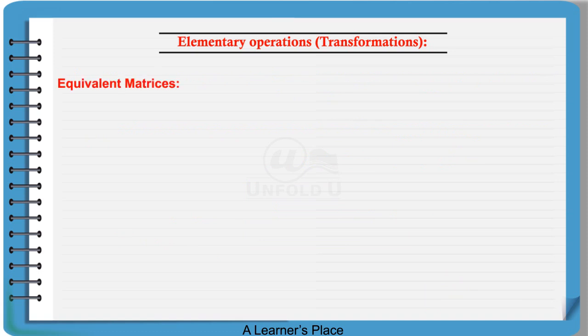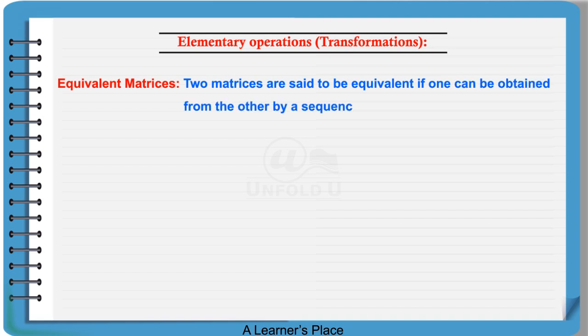Equivalent matrices. 2 matrices are said to be equivalent if one can be obtained from the other by a sequence of elementary operations. If A and B are equivalent, then we write